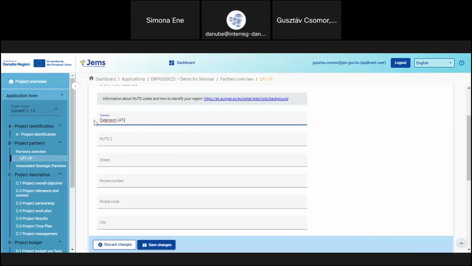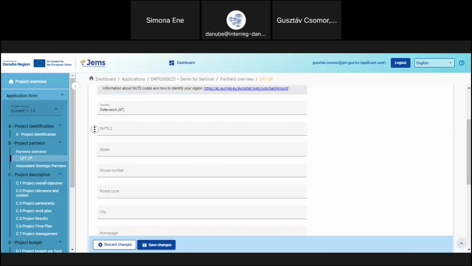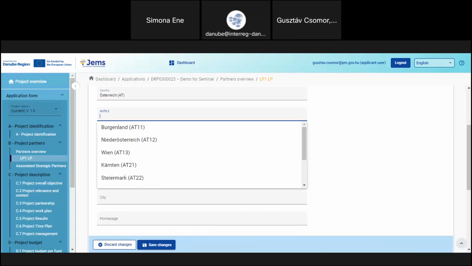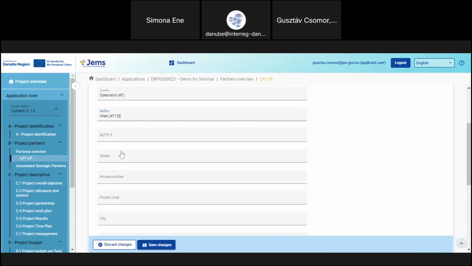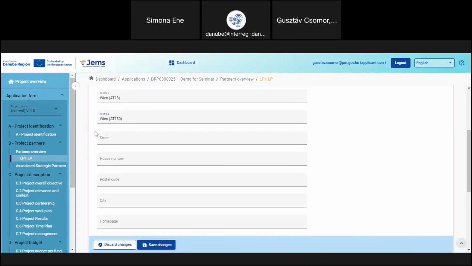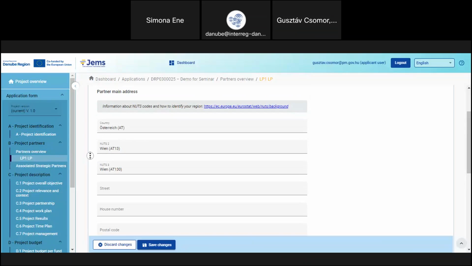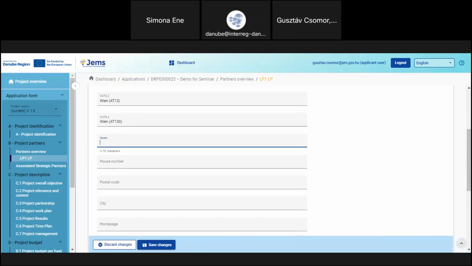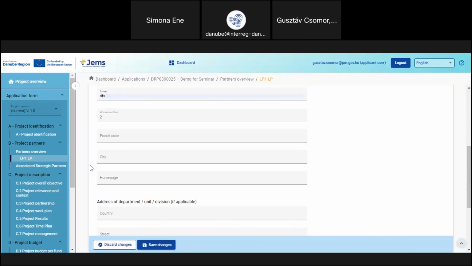When you insert the country, then additional fields appear, like the NUTS2 level. Let's put this lead partner to Vienna. Let's locate it to Vienna. And then once you select the NUTS2, then the NUTS3 level is to be selected. So for each of your partners, you will have to find all this data that is necessary to be given. Then comes the address and so on,